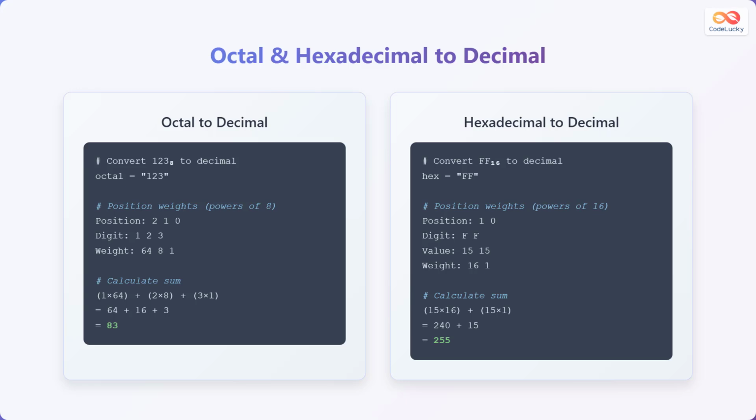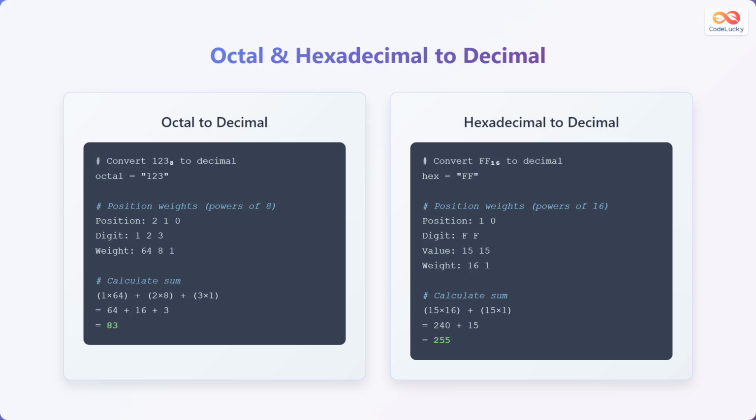Now let's see octal and hexadecimal to decimal conversions. To convert an octal number to a decimal number, consider the octal number 123 with base 8. Assign position weights which are powers of 8 starting from the rightmost digit. The positions are 2, 1, and 0. The digits are 1, 2, and 3. The corresponding weights are 64, 8, and 1. Calculate the sum by multiplying each digit by its weight and adding the results. This is 1 times 64 plus 2 times 8 plus 3 times 1, which equals 64 plus 16 plus 3,